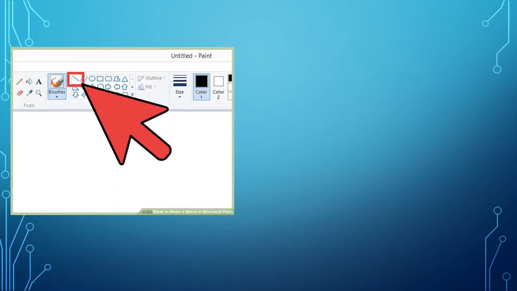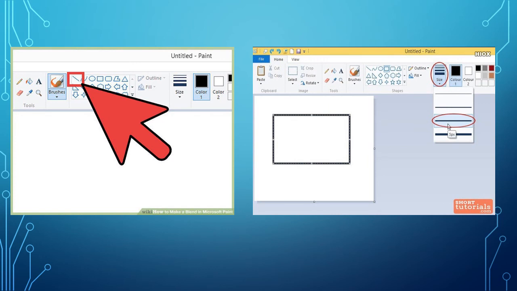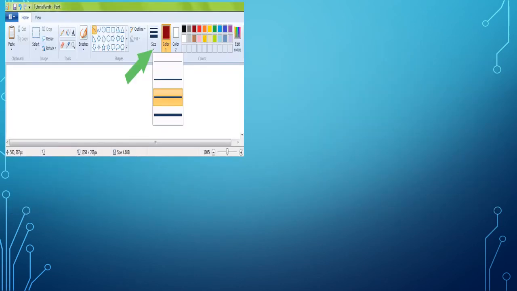See this picture, this is called line tool. This line tool is in the shapes group, where different shapes are there, right? In that shape section we are selecting line, and then you have to select the color from color 1 section and size from the size section.